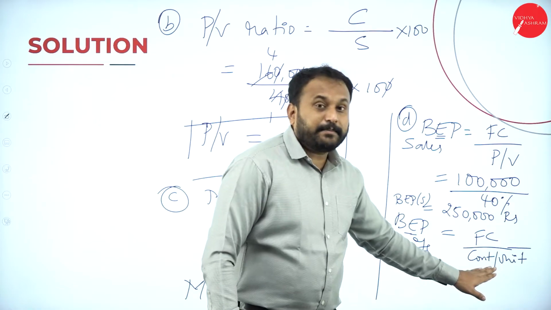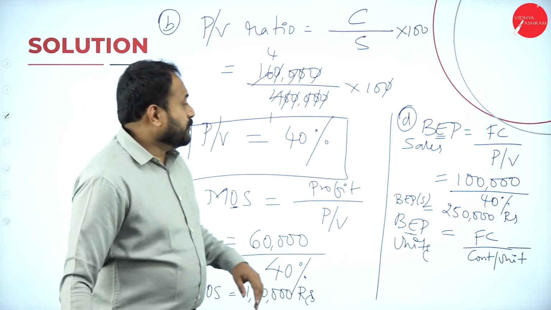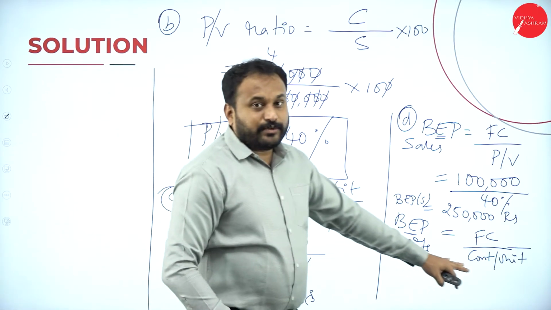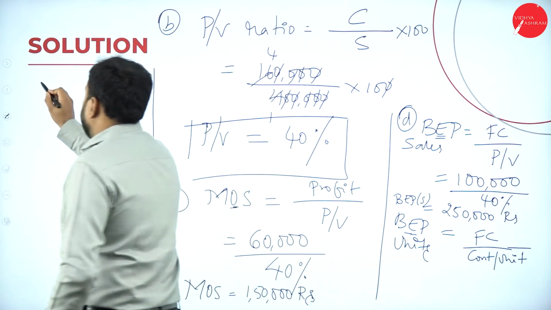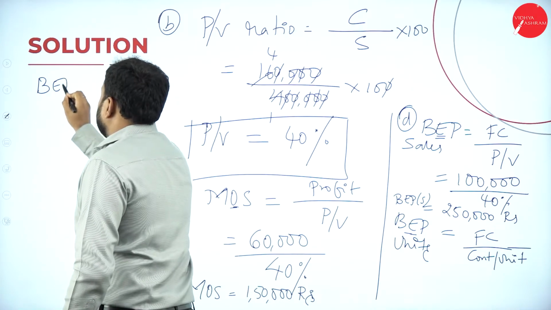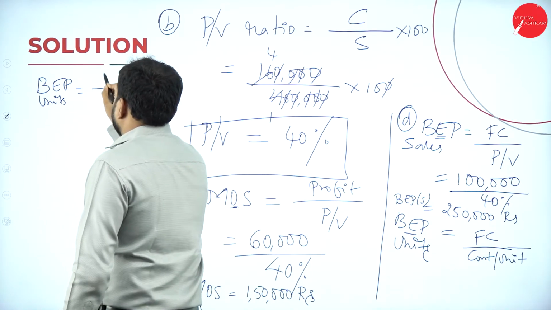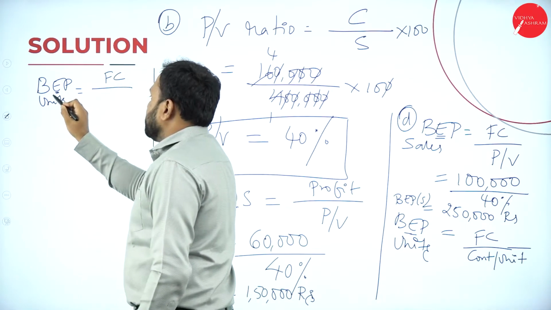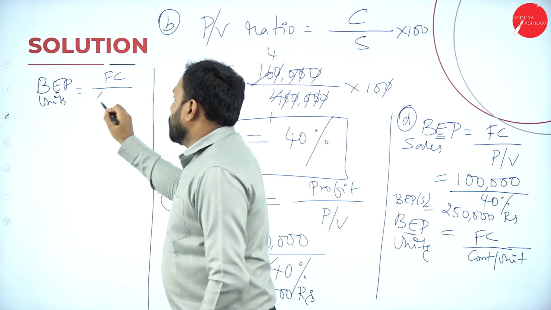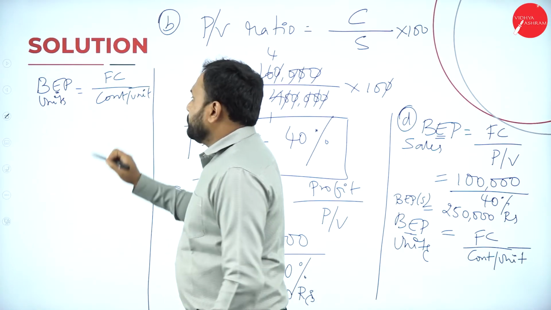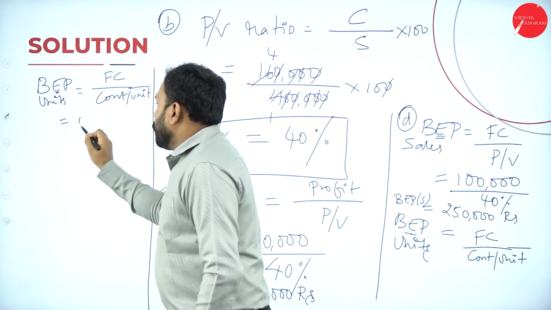Fixed cost divided by contribution per unit. I'll show it here for you. The BEP in units is equal to fixed cost divided by contribution per unit. Fixed cost is how much? 1 lakh